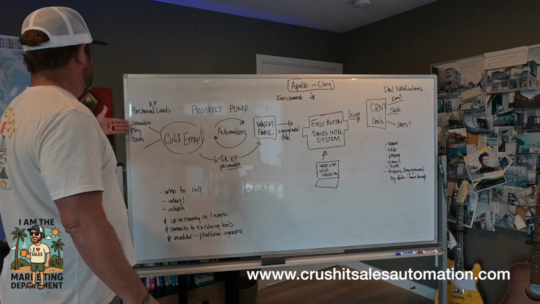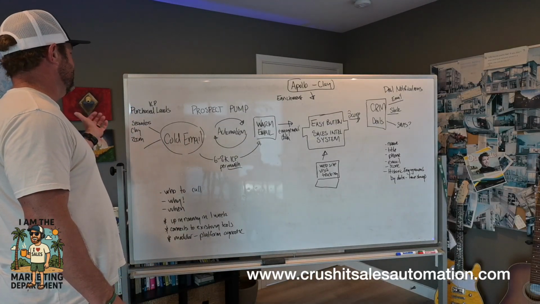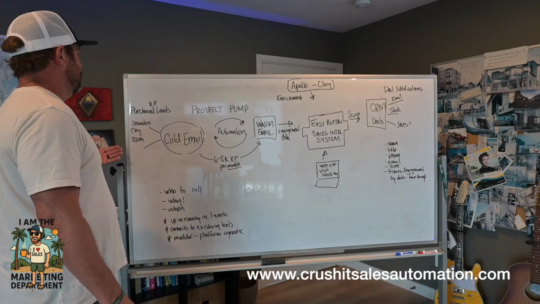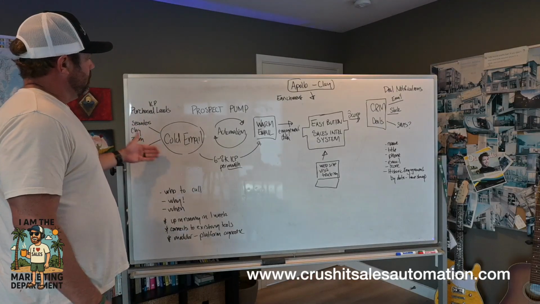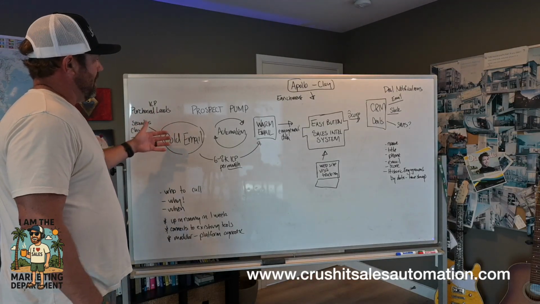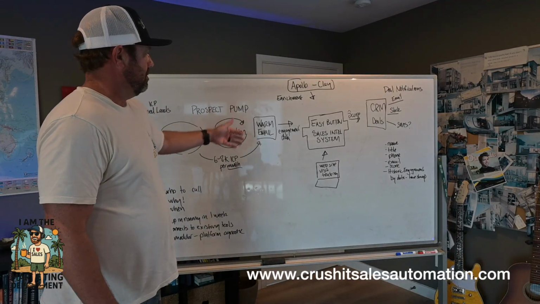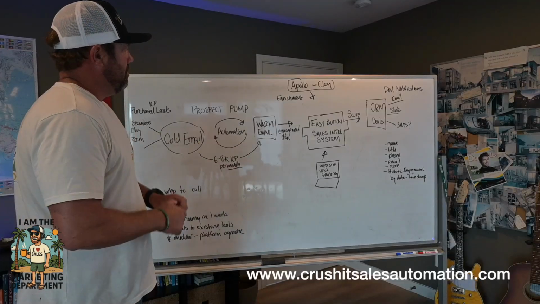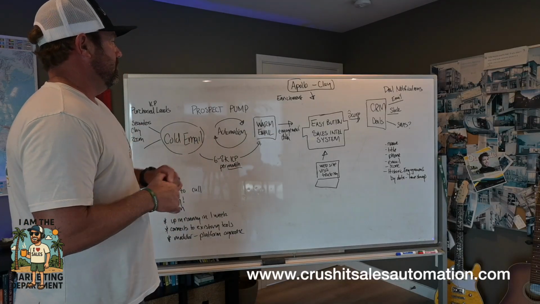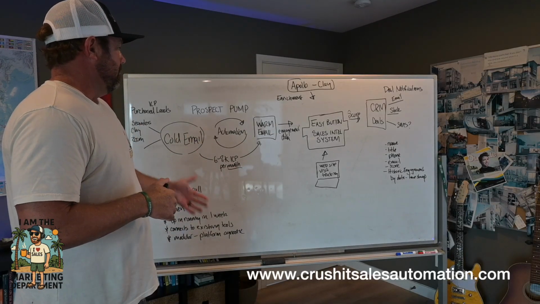We can purchase them from Seamless AI, Clay, Zoom, any of those sources. We then push them into a cold email system and warm them up. As the contacts start engaging, we have an automation sequence that pulls them and pushes them into a warm email platform of your choice. We use Campaign Monitor a lot. Generally, we can